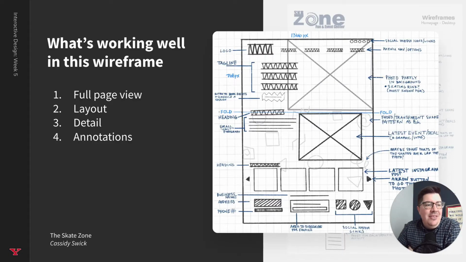So this is the skate zone by Cassidy. And so some of the things that I think are really working well, as a good example of last project's work, is it's a full page view. In this work by Cassidy, I can see the primary navigation from the logo in the header all the way down to the footer where you see business name, address, phone number. And so that's something I think a lot of folks can keep in mind as we move into project two,